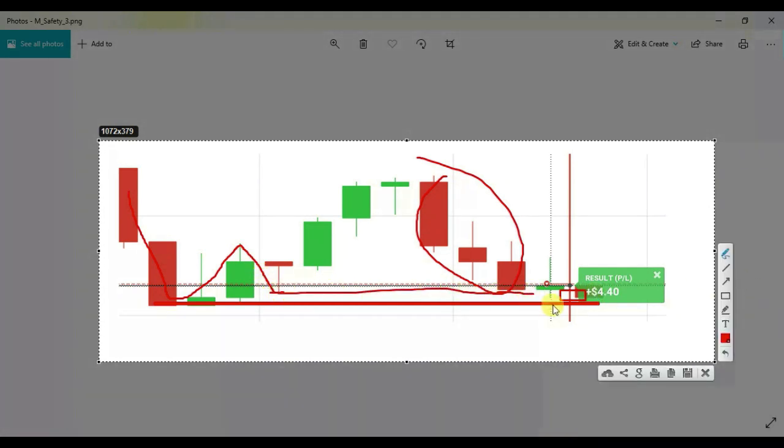This level, sorry, this level is also a support level, and the previous candle got rejected from this level, actually closer to this level, and this candle closed at the level. So there can be a buyer's entry too. That's the reason I didn't place the trade immediately, and I didn't place the higher option too because I can still